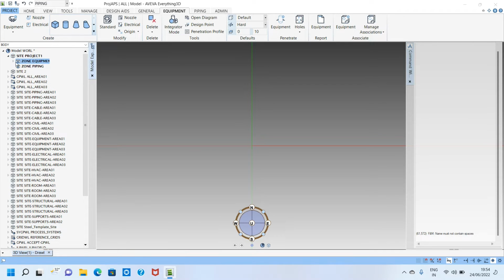Site, zone, equipment, sub equipment. You see, the hierarchy will come like this. You cannot create equipment directly here. You have to create a zone. For equipment, you have to create equipment. Then you have to create body or nozzles. In this, you can create directly. For example, you can create like that. But if you separate body